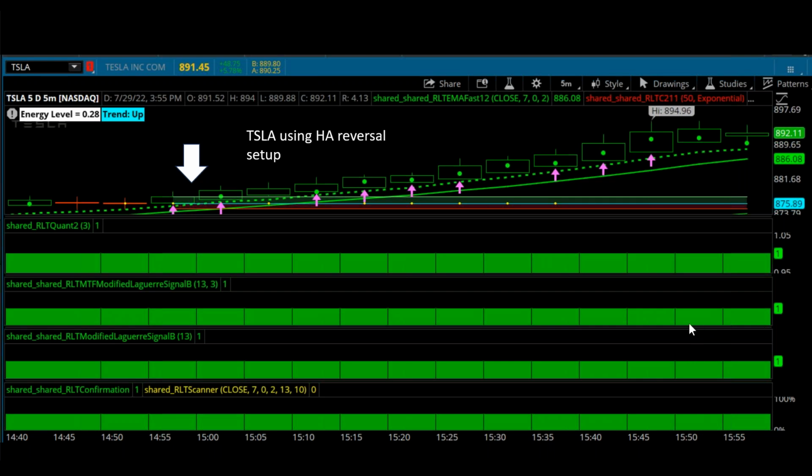These are the ones that I key off of the most. But this kind of shows a Tesla that I traded, and this is a 5-minute chart here. And this shows where I actually get into this trade. But these are Heiken Ashi candles. And the one thing I want you to notice on these, and you'll see these when I show you some more charts,